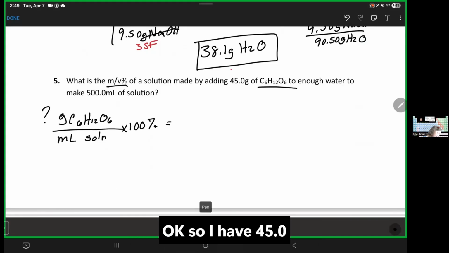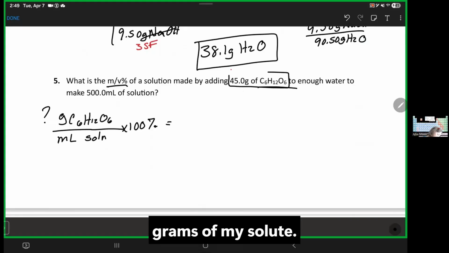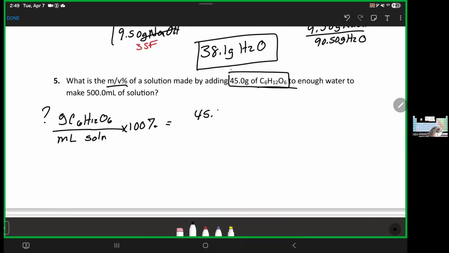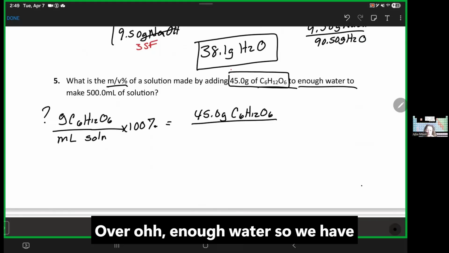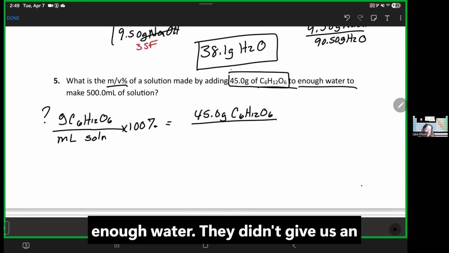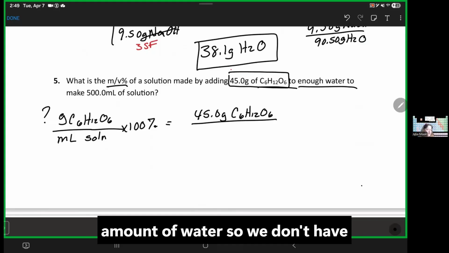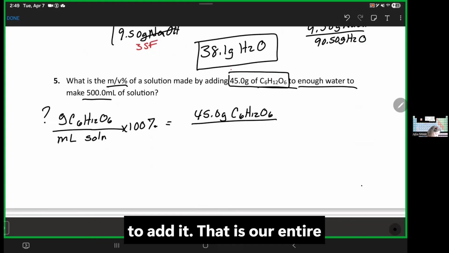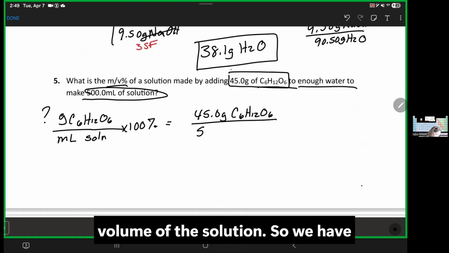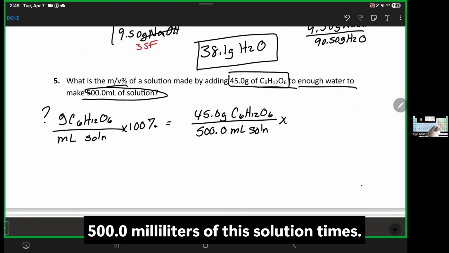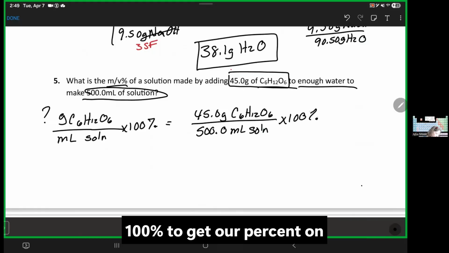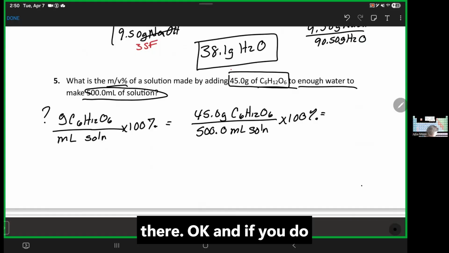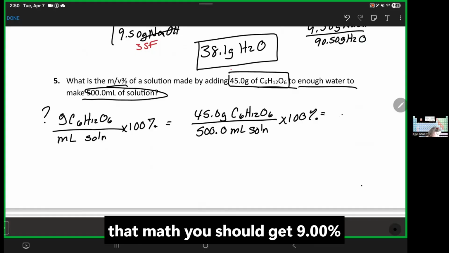Okay, so I have 45 grams of my solute over enough water. They didn't give us an amount of water, so we don't have to add it. That is our entire volume of the solution. So we have 500 milliliters of the solution times 100% to get our percent on there. Okay, and if you do that math, you should get